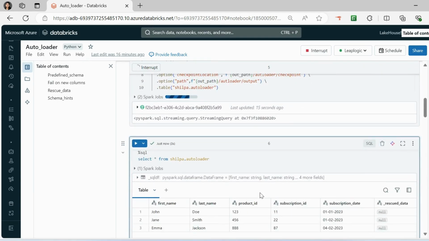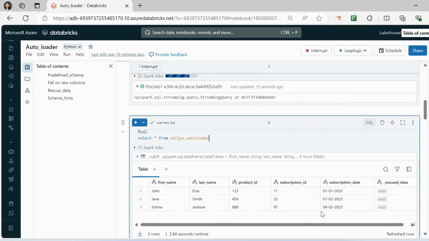So this is my autoloader table. This is my data that I had. So the first name is this, last name is this, product ID, subscription ID, and my subscription date is there with my rescue data. So this was not there in my data set. From where exactly did it come? Whenever you are inferring the schema with the help of autoloader, it will just go ahead and create a new column called rescue data.